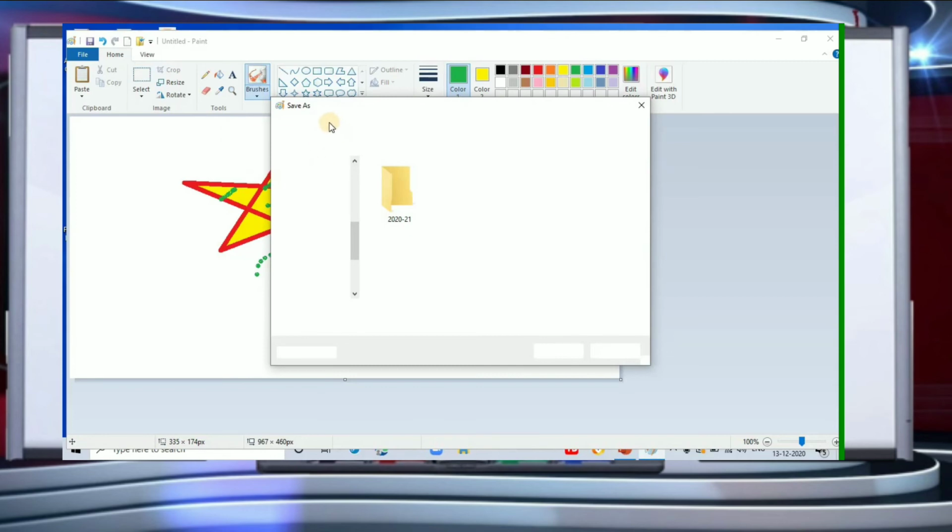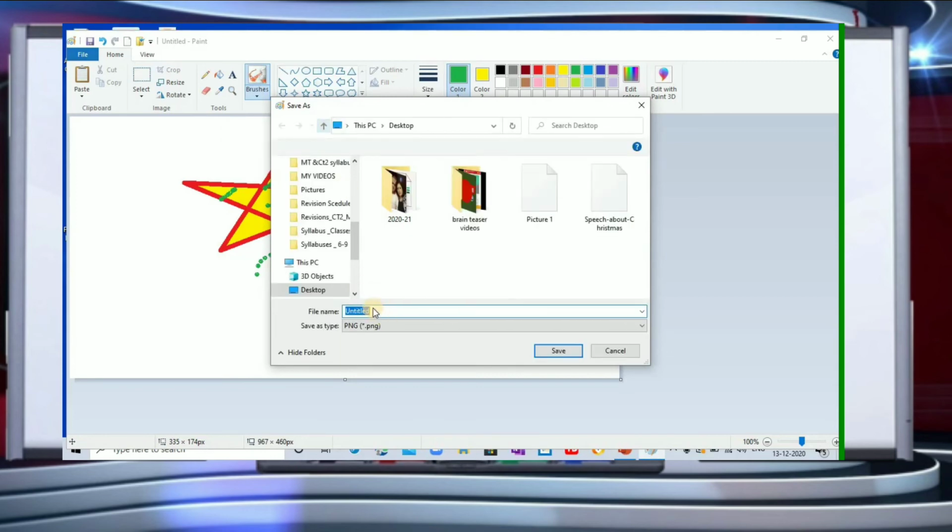You can see in this dialog box the name is given as untitled because we have not given any name to this file. So I can just press backspace. I have deleted it. I'm going to write down star and click on save. And here it is saved on the desktop. So I'm going to click on save.